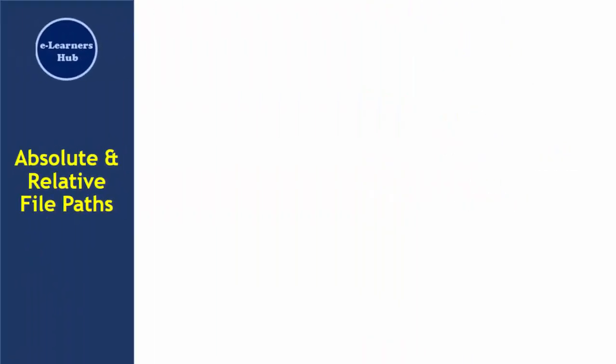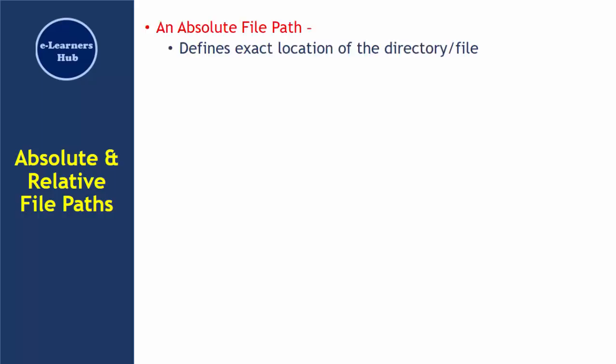Now while navigating the directory, we have two ways how we can navigate through the directory. One is the absolute path, where we define the entire path of the directory using slashes. If your directory is somewhere within subdirectories, then we specify the entire path. That is what is called the absolute file path. We can also navigate through the directory using the relative file path. This is an example of an absolute file path, where we specify the entire path.